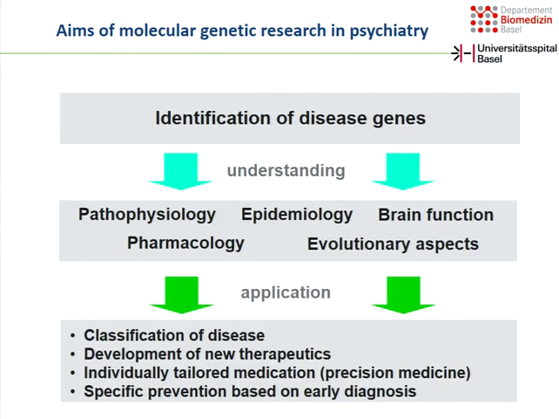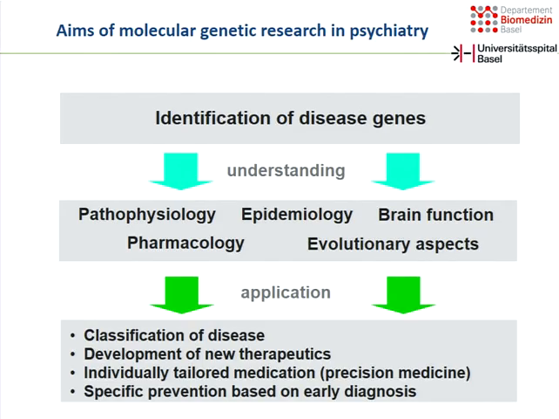Is there maybe an advantage for some of these genetic variants? Because we know they also occur in healthy individuals, and maybe they give you a certain advantage. These are all questions that you can tackle at the genetic level. And then the application is, and I will show you some of this later on, we can use those variants to better classify diseases, and we heard some of it. You have a mixture of clinical diagnoses, often difficult to separate, and you can maybe use genetic information to better classify the diseases.